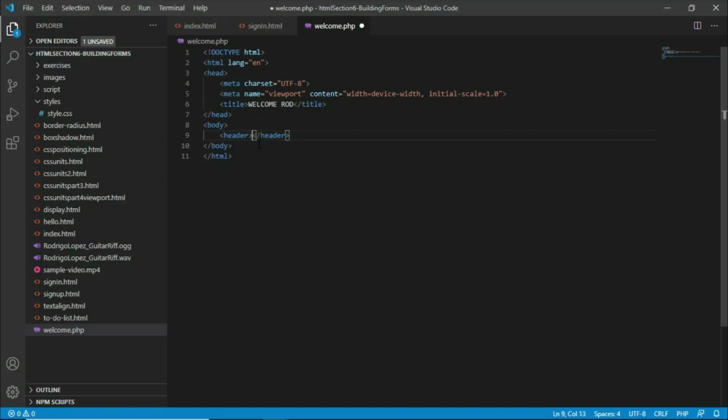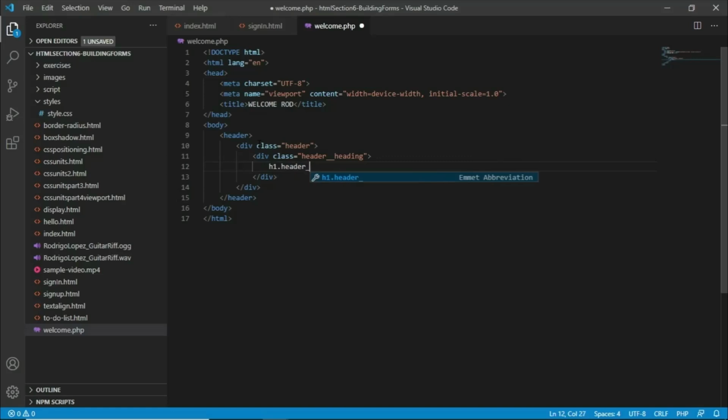Let's type a div with class header, and inside of that a div with class header heading, and then inside of that an h1 with a class header heading 1 that will contain the text welcome